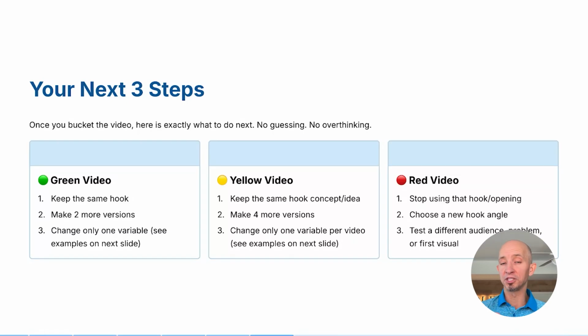All right, it's decent, but now keep the same hook or the concept or idea, but then make 4 different versions of it, where you're, again, changing only 1 variable at a time. And then if you have a red video, stop using that hook, that opening, that scene. Choose a new hook, new angle. You probably at this point need to test a completely net new concept. That's where you want to go.